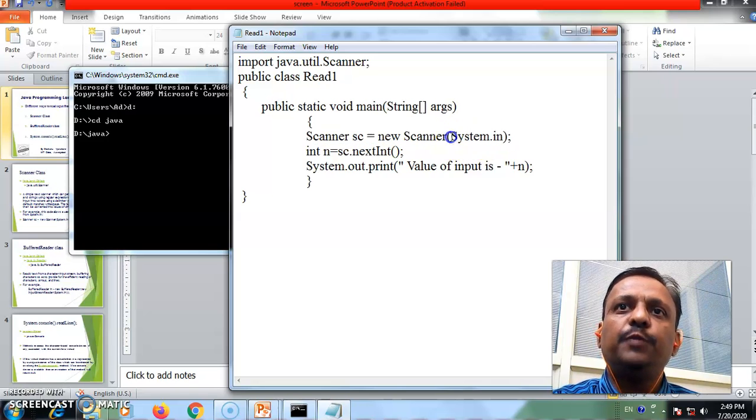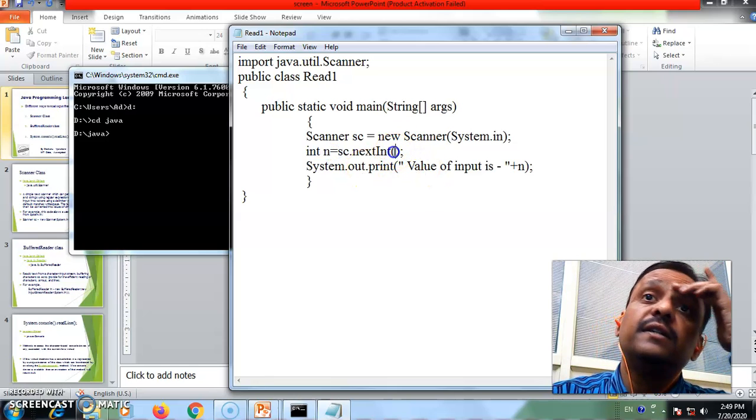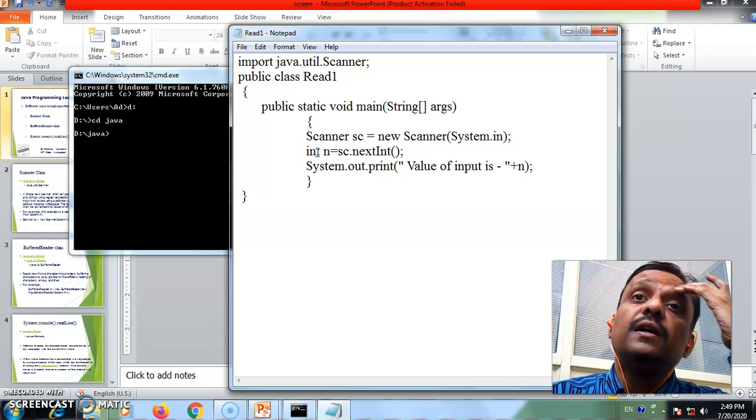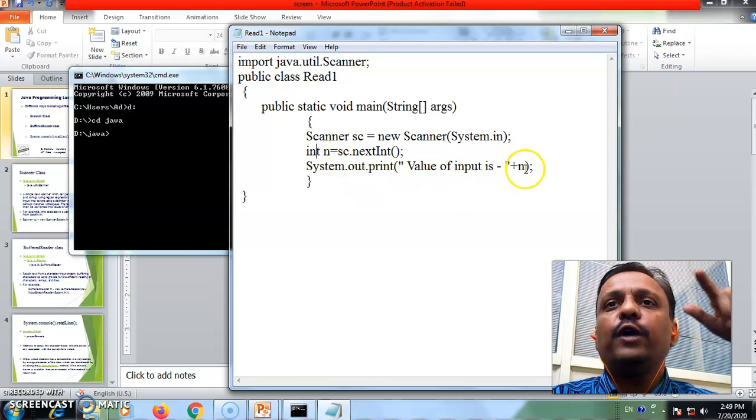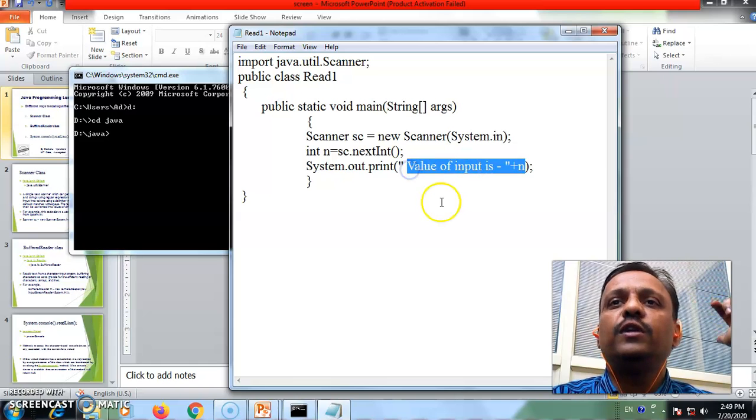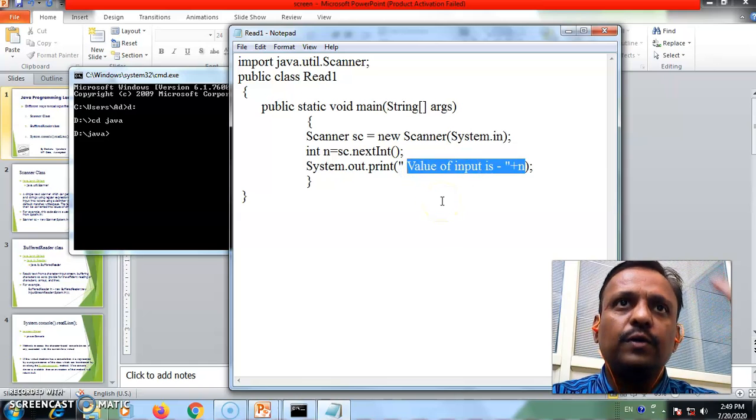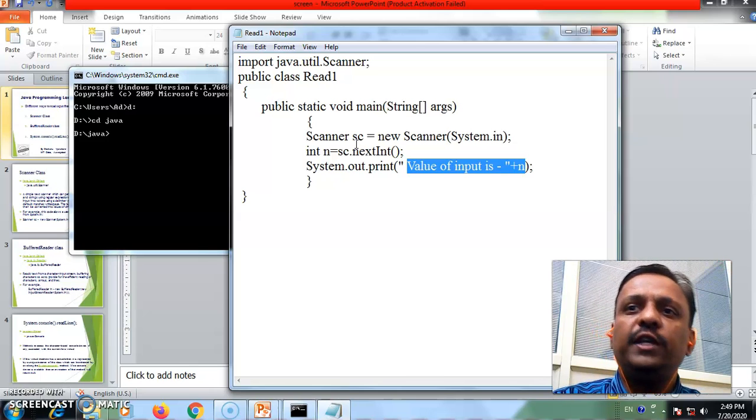So this is the input parameter given to the Scanner class, and then you have to read n as nextInt through the scanner, and whatever we read from the keyboard, that we are going to print here as the input value. So this is a very simple program, that whatever input you take, it will be printed with the text "value of input is".